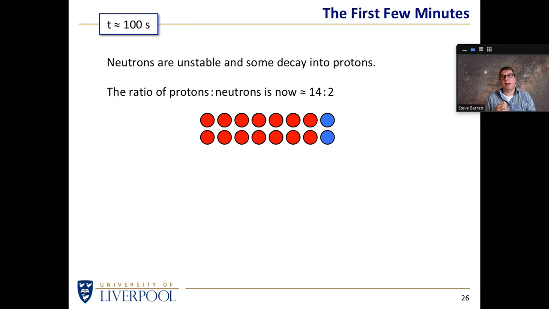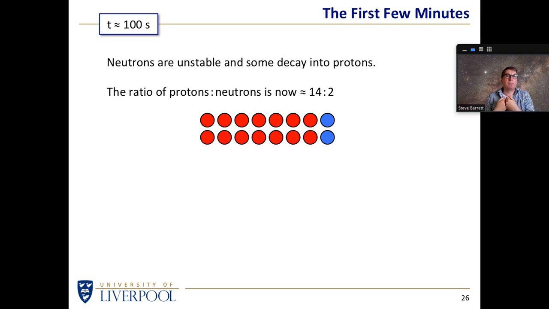What happens next? Well, as the universe is cooling down, it is now just about cold enough for protons and neutrons to want to stick together. Up to this point, the universe has been too hot, and any attempt at protons and neutrons sticking together, they would have been so energetic they would have flown apart again. But after 2 or 3 minutes, the universe is just about cold enough that protons and neutrons can start to